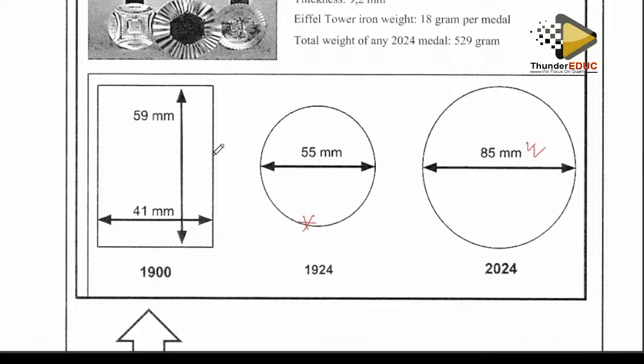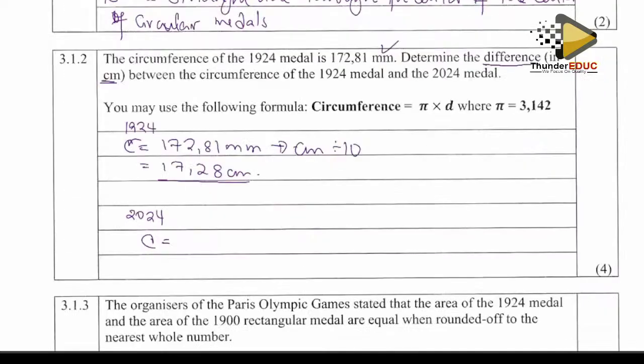We have the diameter as 85 millimeters. Change this to centimeters. You end up having 8,5 centimeters. Then you're good to go to use the formula, which is pi d. So look for pi d, which is 3,142 times 8,5. We have the answer as